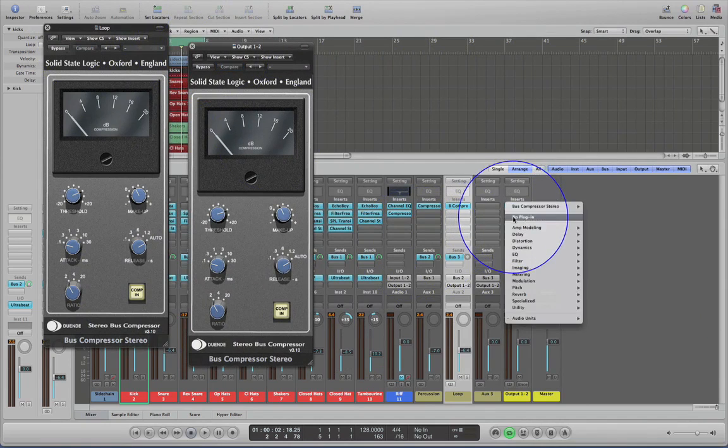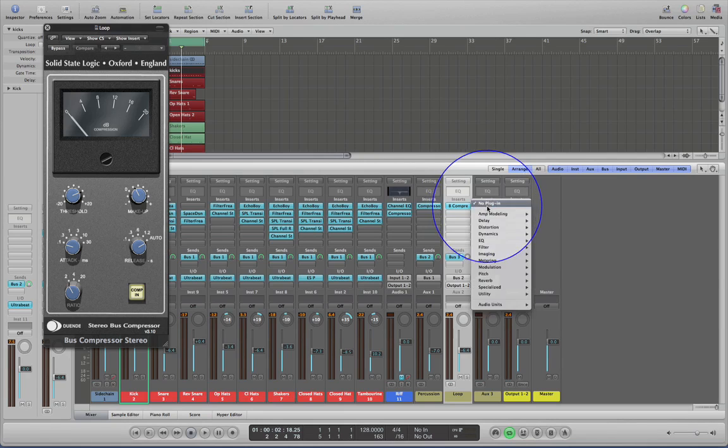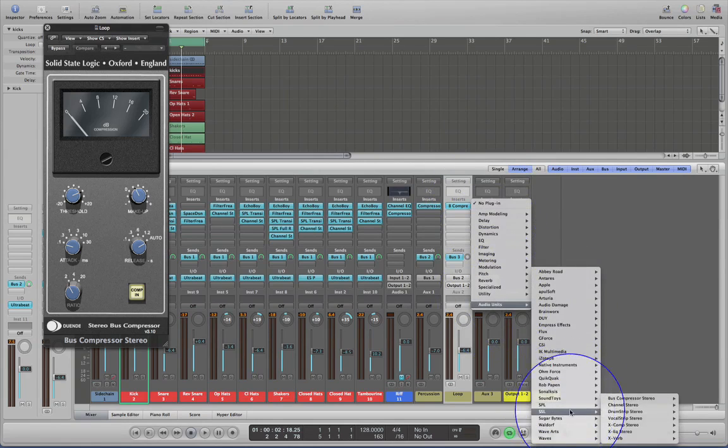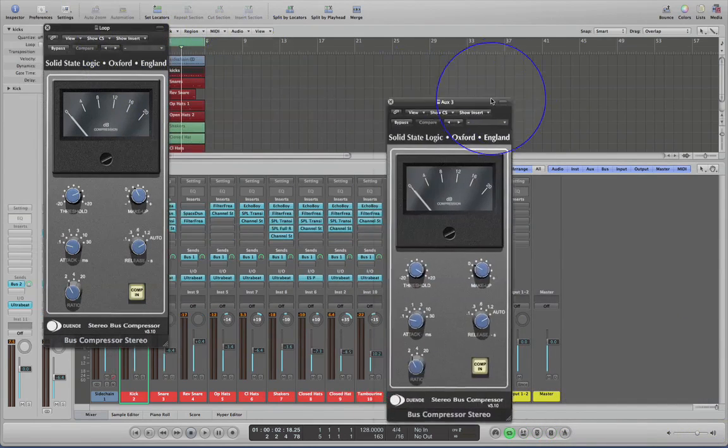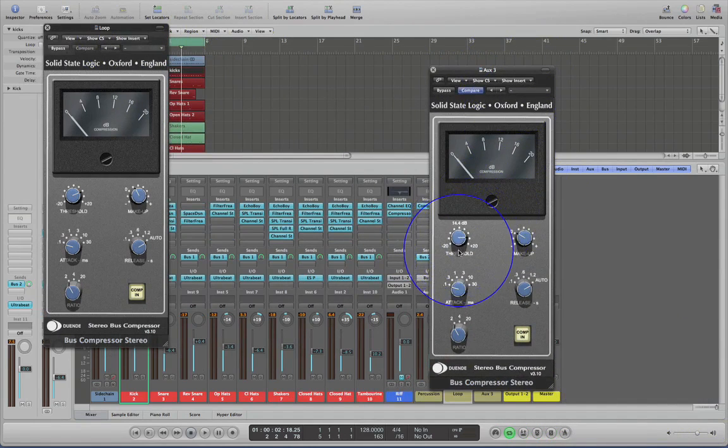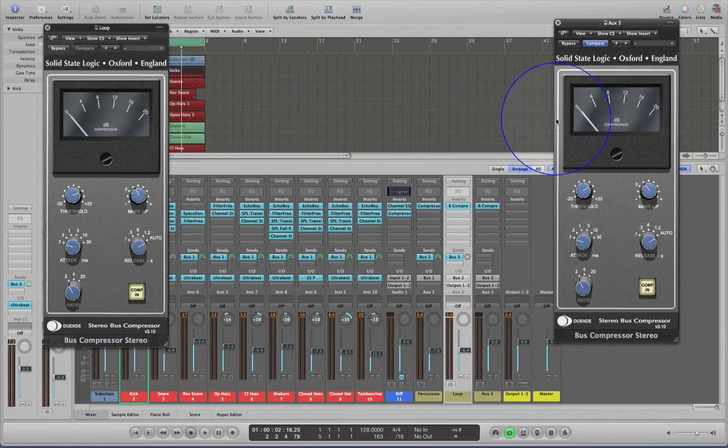Oops, put that on the wrong one. Pay attention. Call that up again. There we go. So we'll just lower the makeup gain just that little bit. We can leave all the others as they are. Now as we play this back,